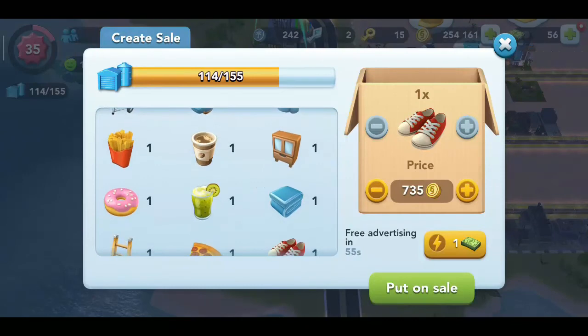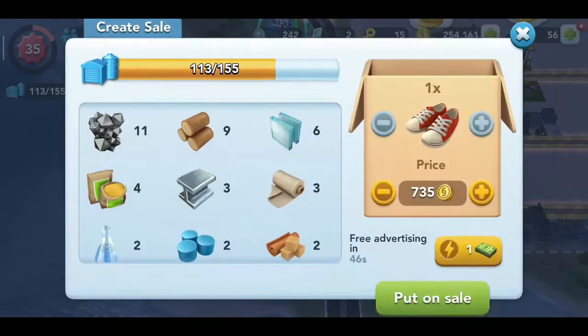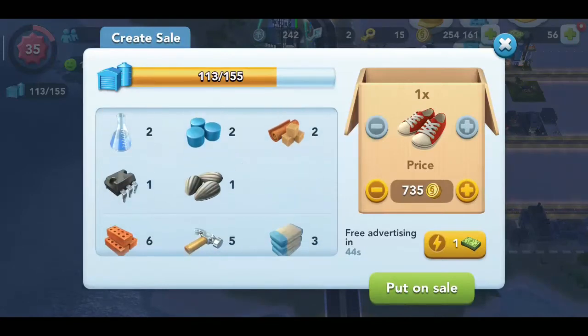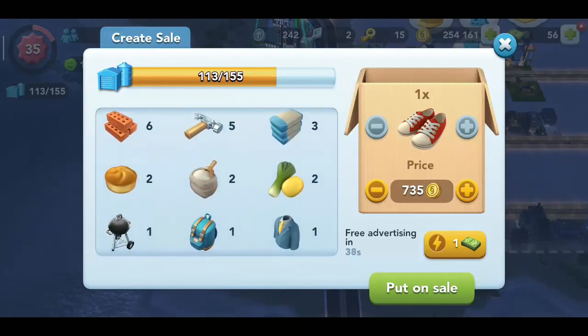Some of these items are very easy to get on the global HQ, so if you don't have time to produce it, you can always go buy one. Other things are very difficult to find, such as chemicals, right? You see I have 2 chemicals. Those are very hard to find. You have to dig for 10-20 minutes sometimes in order to find chemicals. But let's go ahead and sell